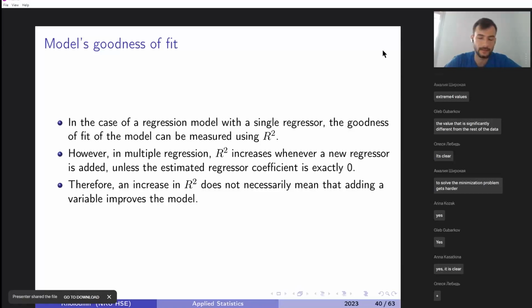Yeah, sorry. R changes from 0 to 1, right? Yeah, a bit. There are going to be other statistics later which work the opposite way. But yes, you want to have R from 0 to 1, and that's how you can measure how well your model explains the variables, right? And